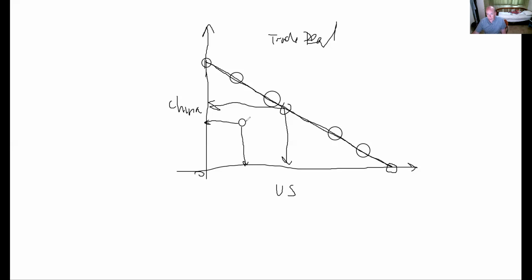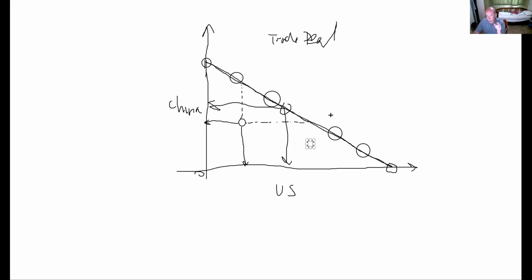But we've left all of this extra on the table, because we're not on the line now. So we've left all of this. China could have got all of that, and the United States could have got all of that extra. But we didn't because we reached this deal instead, this deal in here. And of course, every point under this curve and on this curve is a possible agreement. It's a possible trade deal agreement. So it could be here as well. And again, we'd be losing out on there and on there. It could have been bigger on both sides.